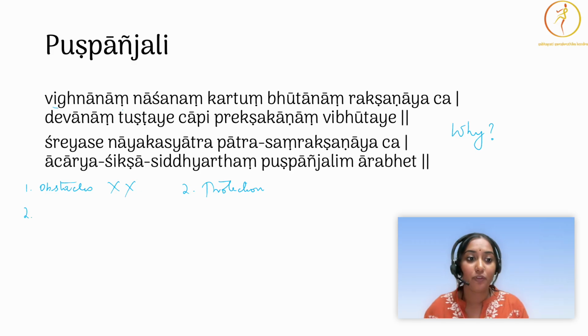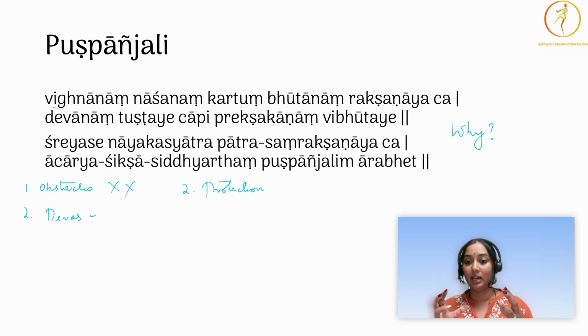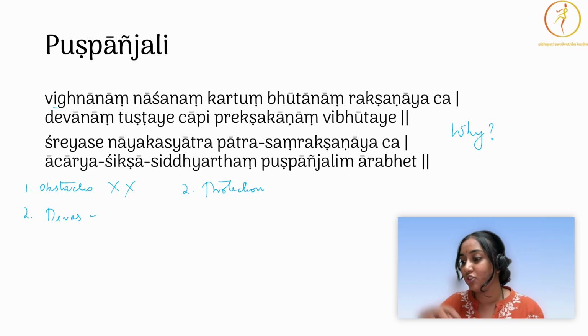Devanam Tushtaye Chapi, to please the Devas. If you do not know, we believe that in a Sabhagriha, there are devas stationed in different places, in different directions, for protection. This again comes from the Natyotpatti chapter, where Brahma got an auditorium built so that the asuras don't come and bother the dancers. And in each entrance, exit, place, Nepatya, Mattavarini, everywhere there are devas stationed to protect the dancers.